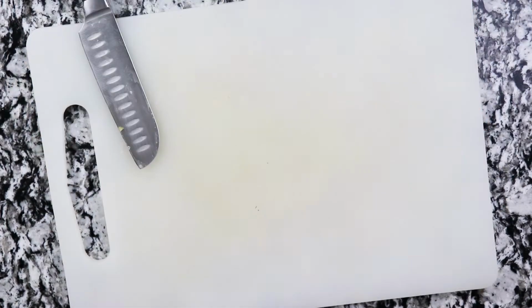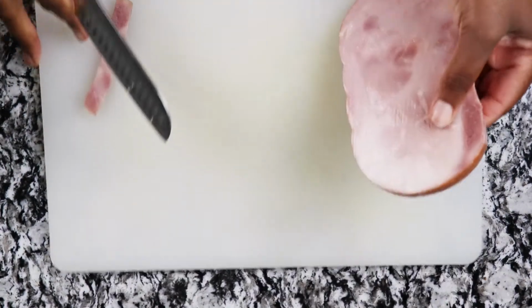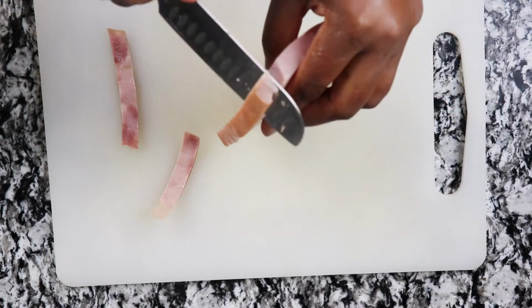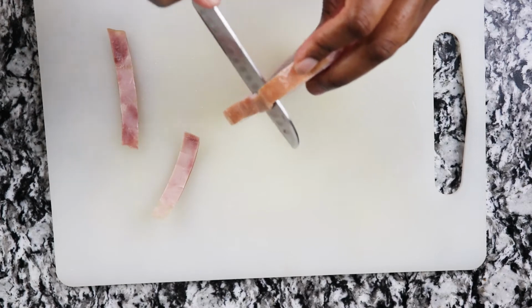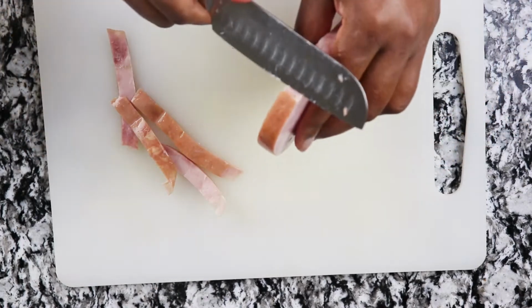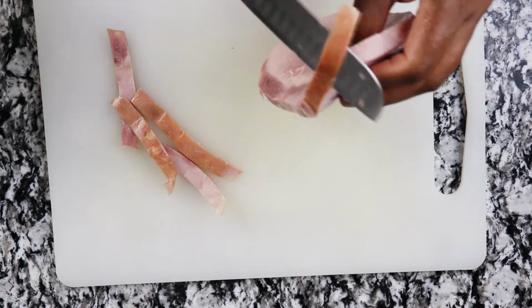This is what I have. So I'm using some ham. I don't have the exact quantity, but I mean, I use a piece of ham, as you can see. So yes,